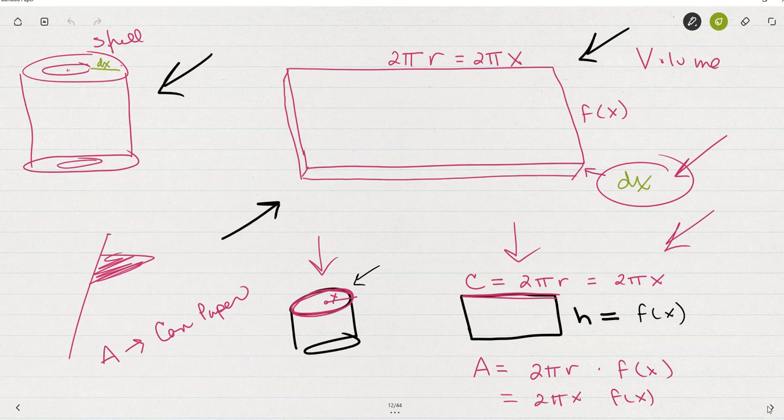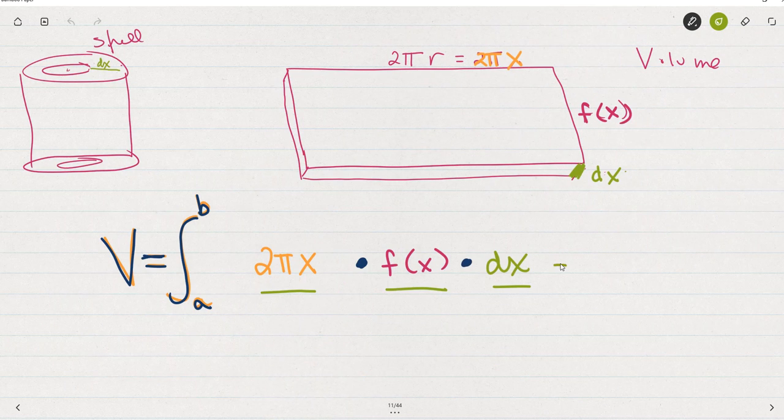We could simplify that as: bring the 2 pi out, integrate from a to b, x f of x dx, where f of x is the difference between the two functions that we're revolving around whatever given axis,